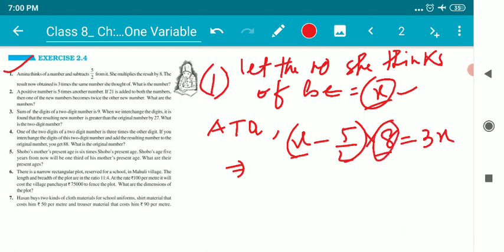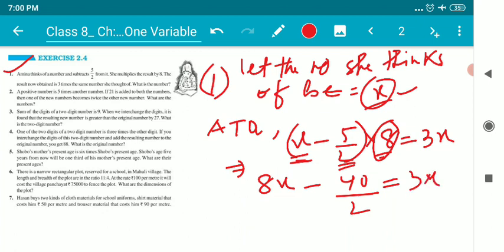This number 8 will be multiplied with x and 5 by 2 both. So 8 into x means 8x, the minus sign is coming from the bracket, and 5 by 2 into 8 means, as we all know, numerator and denominator get multiplied. So 5 into 8 means 40 by 2 is equal to 3x.